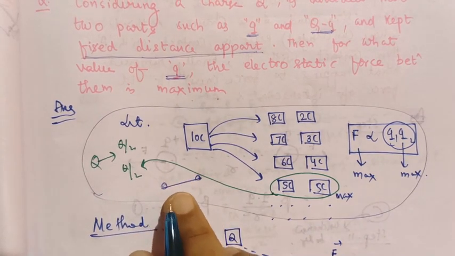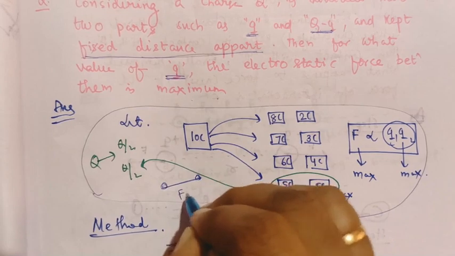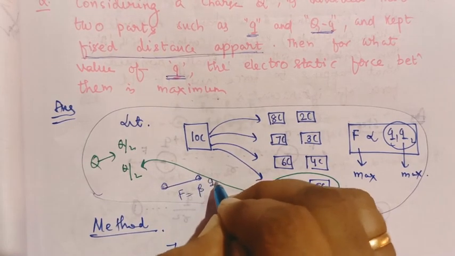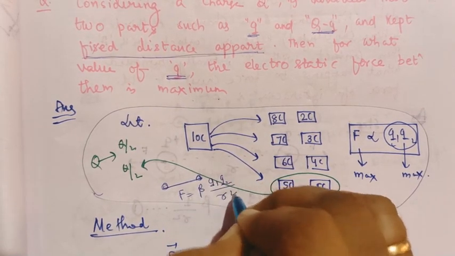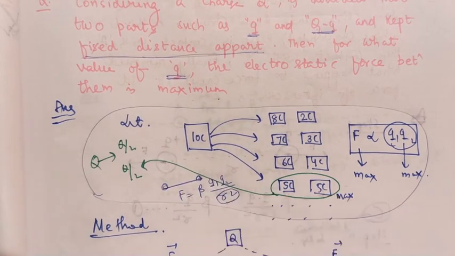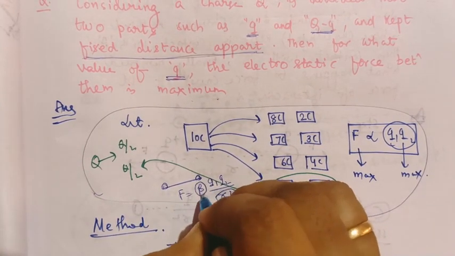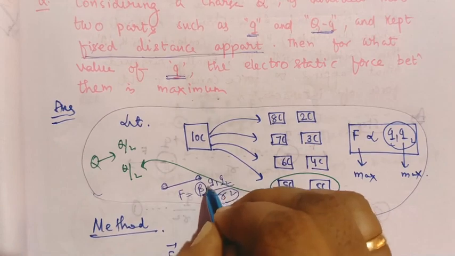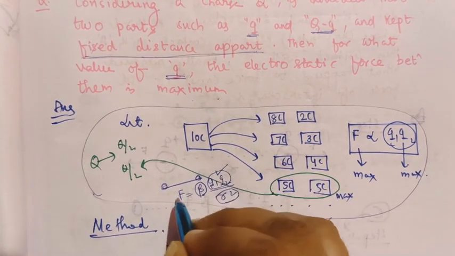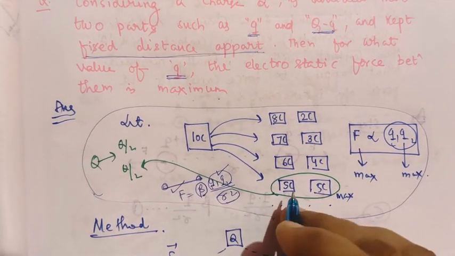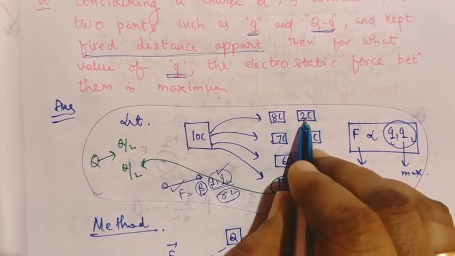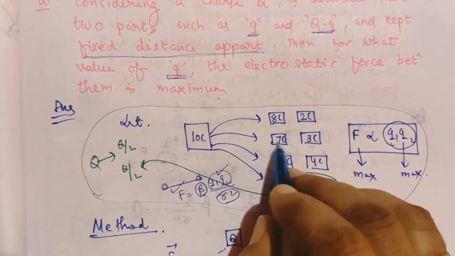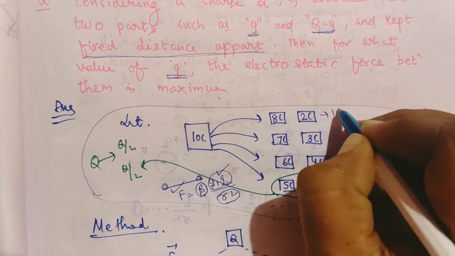First, keep in mind that same distance means the formula F is equal to beta q1 into q2 by r square. Same distance means r square is constant. Same medium means beta is constant. That means q1 into q2 changes, so the force will change. You see this example, 8 into 2 gives 16, 8 into 3 if you multiply gives you 16.